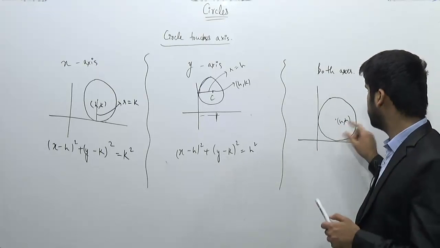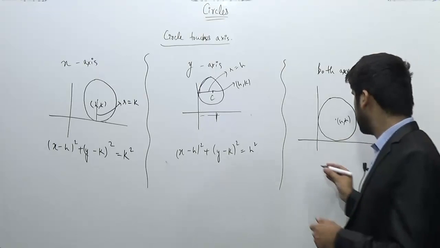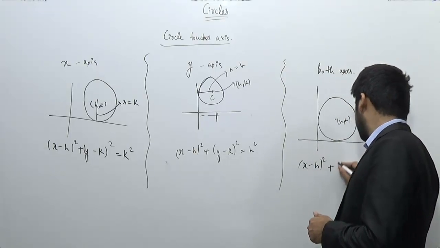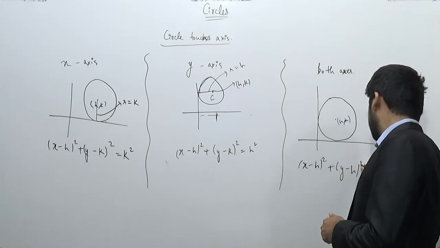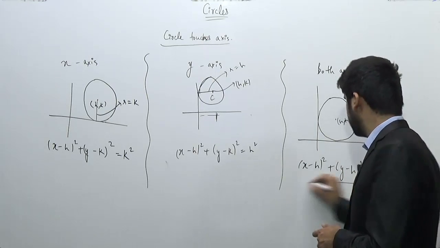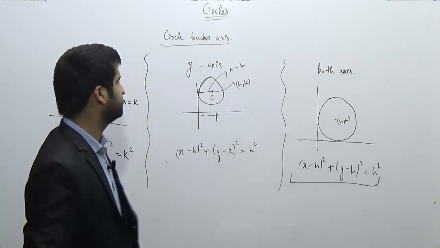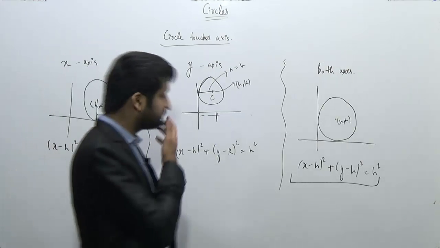And this distance will be constant. Let's say I am assuming the center is h comma h, and (x minus h) whole square plus (y minus h) whole square is equal to h square. So this will be the equation of the circle if the circle is touching both the axes. So now we have derived that